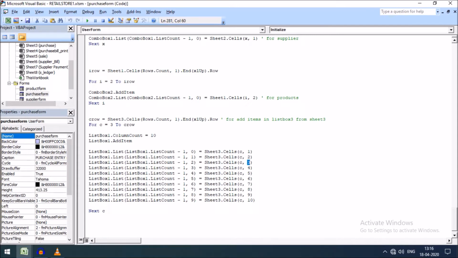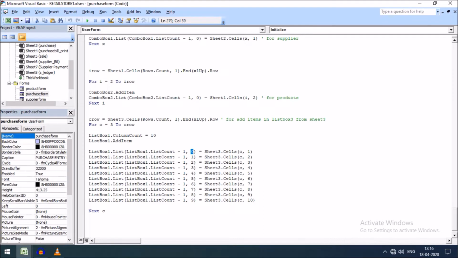Similarly, the 9th index is actually the 10th column, because the list box column numbers are automatically assigned starting from 0.